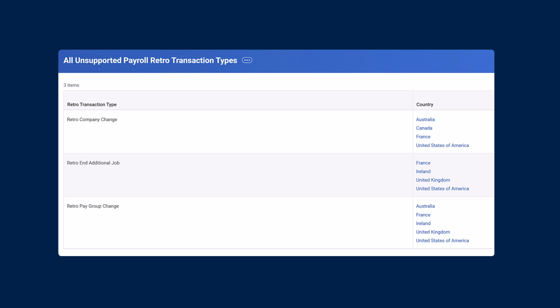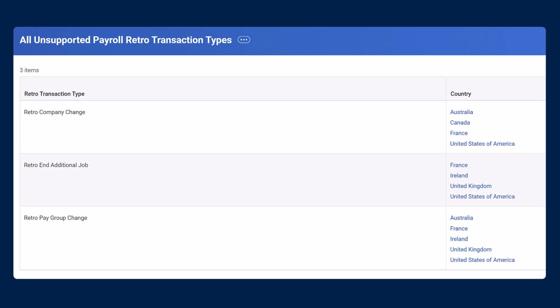retro event. To review current unsupported transaction types in Workday, access the All Unsupported Payroll Retro Transaction Types report. Notice that Workday currently has 3 unsupported payroll retro transaction types: retro company change, retro end additional job, and retro